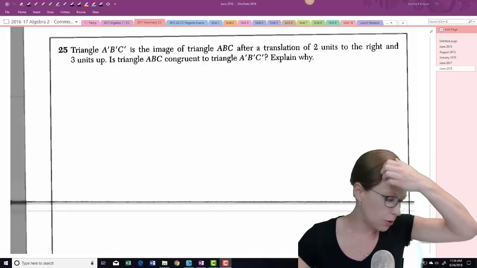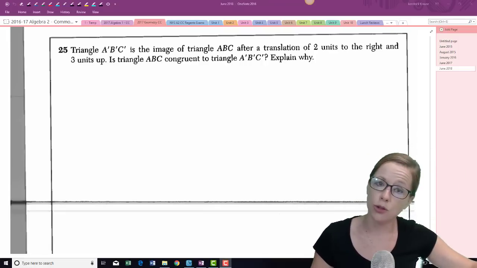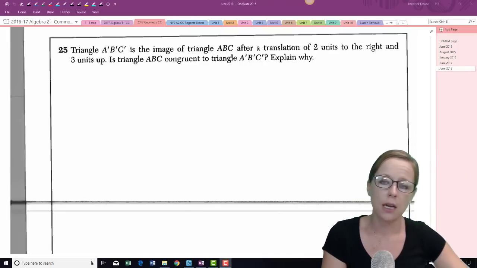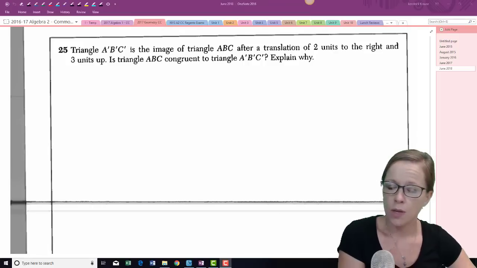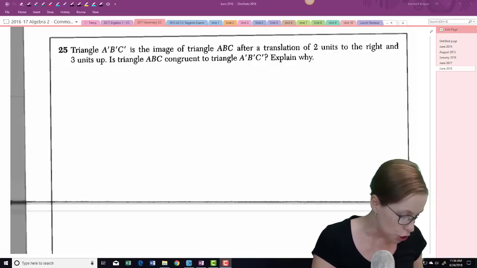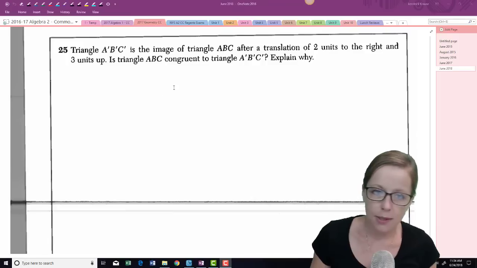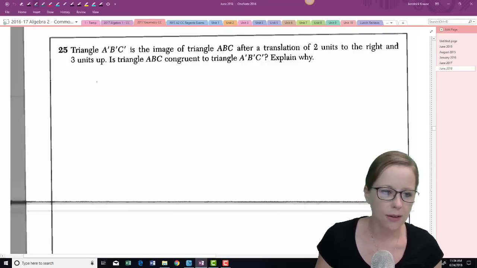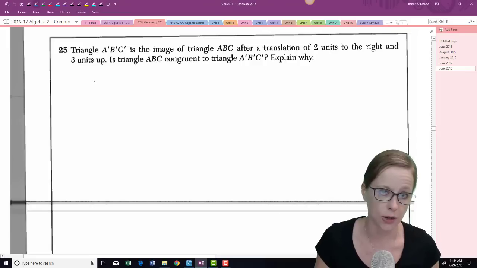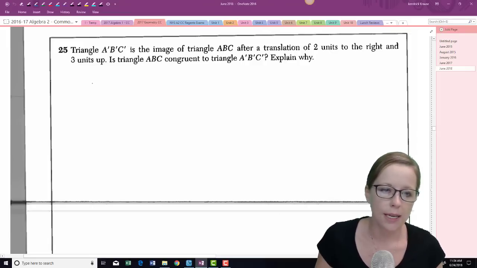So some things you can say are, is it a congruence transformation that preserves size? You could say it's a rigid motion. I would say, and I like to be very formal in these things, so let's see. They ask, is it congruent? So you need to answer yes or no. So yes,